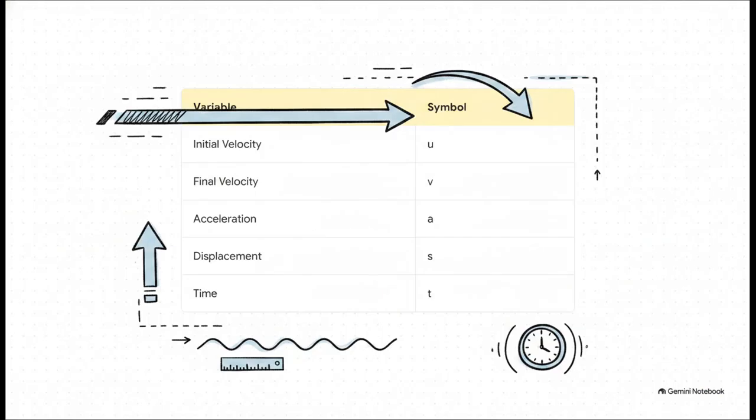Take a look at these 5 variables. They are literally the alphabet of motion. We've got U for initial velocity, so where you started. We've got V for final velocity, where you ended up. Then A for acceleration, S for displacement or distance, and T for the time it took. Honestly, every single linear motion problem with constant acceleration is just a giant puzzle made out of these exact 5